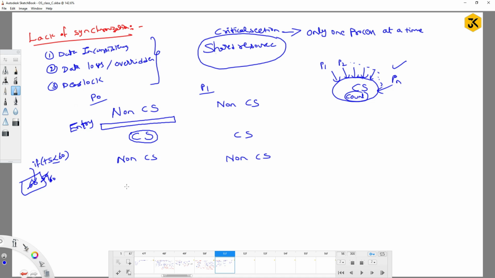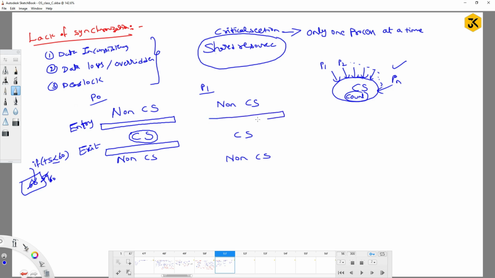Now suppose one student who is not interested goes outside. What will happen? Again you have to update the value, because you have to give a chance to another person to go inside the critical section. So for that you have to write an exit code also. When somebody leaves the critical section, you have to make some kind of update.